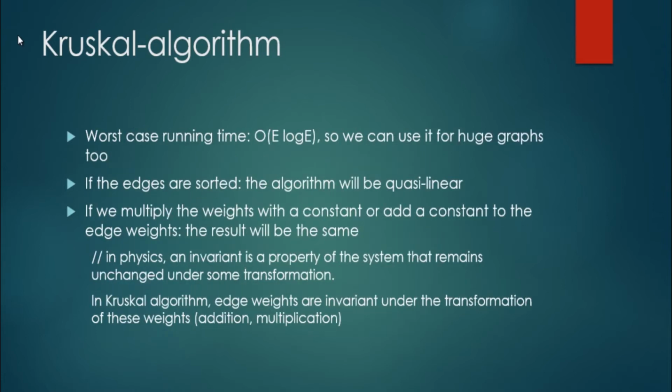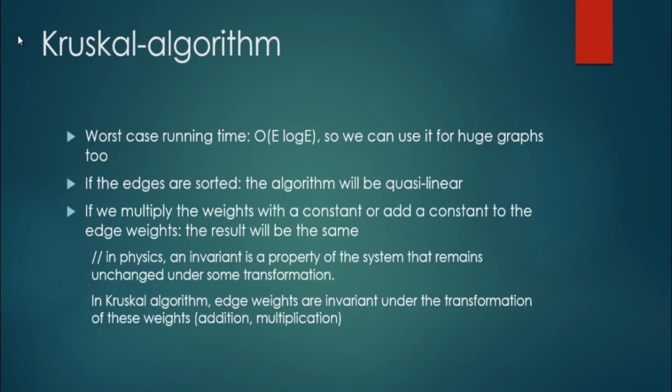Okay, so the worst case running time is O(E log E), where E denotes the number of edges in our graph, so we can use it for huge graphs too. If the edges are sorted, the algorithm will be quasi-linear, very fast. If we multiply the weights by a constant or add a constant to the edge weights, the result will be